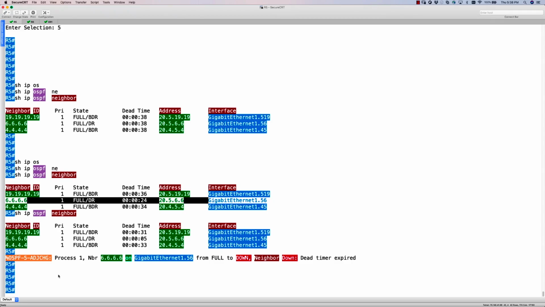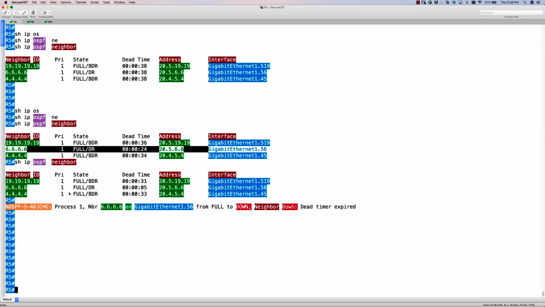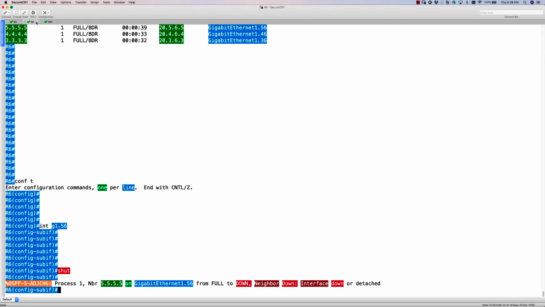I can tune my OSPF to detect the link failure faster, but the minimum time that I can do that with is 1 second, because the lowest dead interval that you can specify in OSPF is 1 second. I could not go in less than 1 second. Only BFD will allow OSPF to kill the neighborship in less than 1 second. So let me go back now to R6, do a no shut,